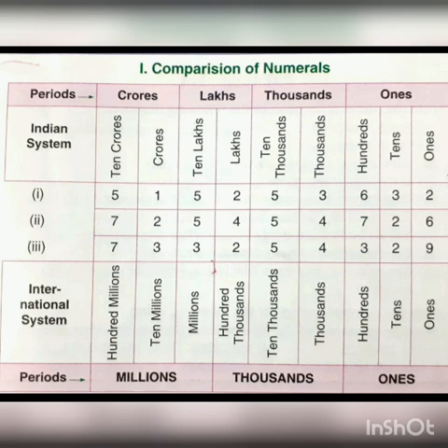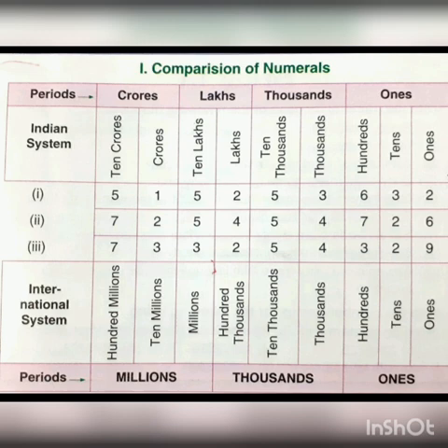Similarly, in lakhs, we have 2 columns in the Indian number system and there is no column of lakhs in the international number system. Crores again has 2 columns, and in the international number system we have the column of million. Now these comprise 2 blocks in the Indian number system, and in the international number system we have 3 blocks each. Okay, so it is very clear.